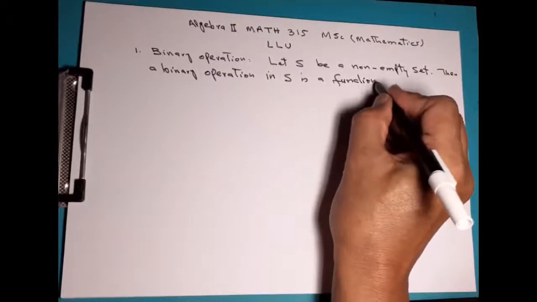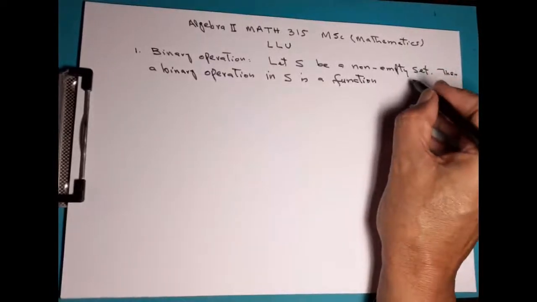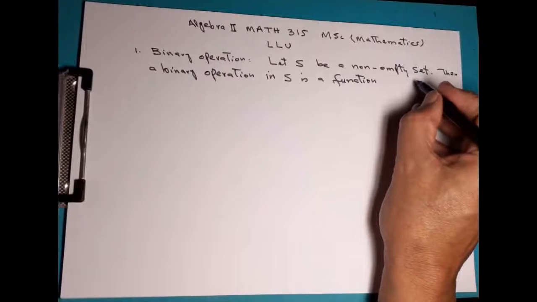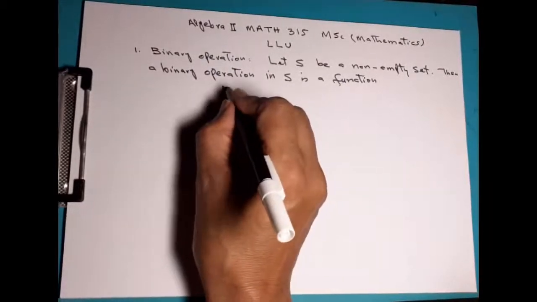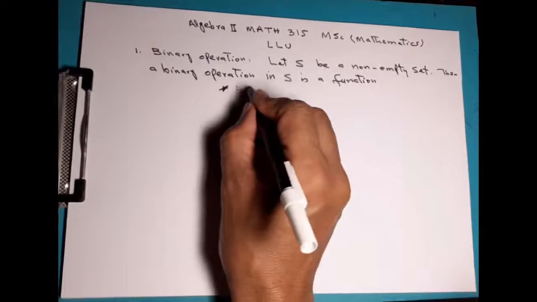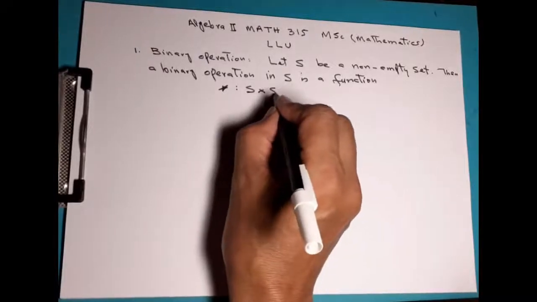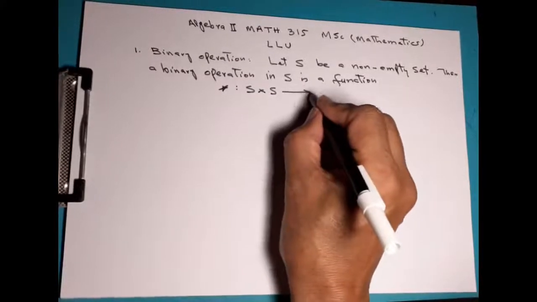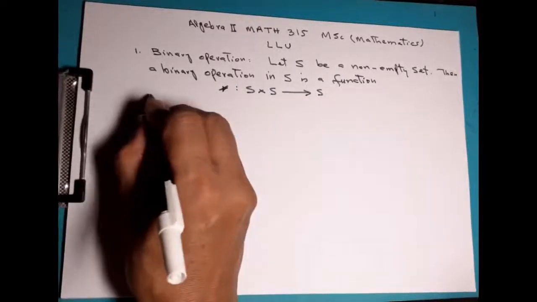We represent this function by star. So binary operation is a function star from S cross S into S and is given by,